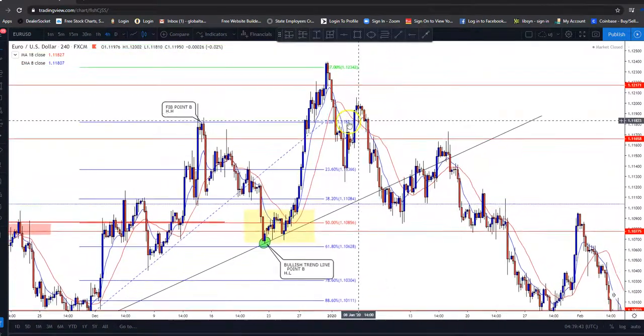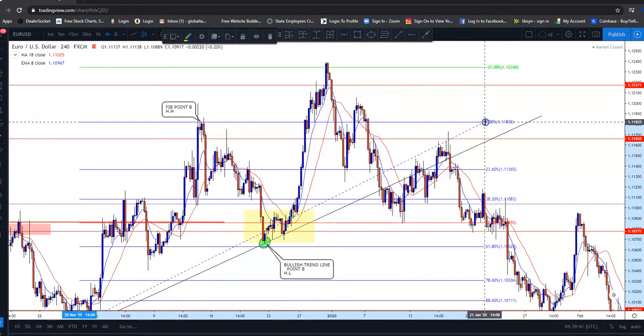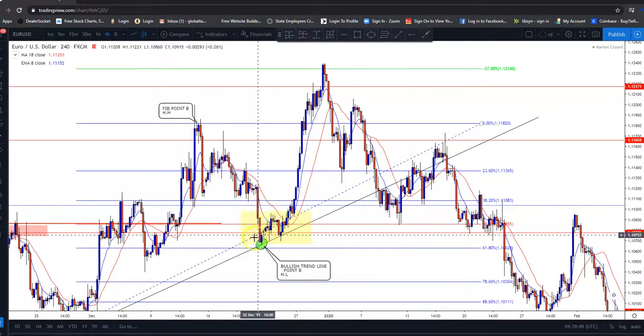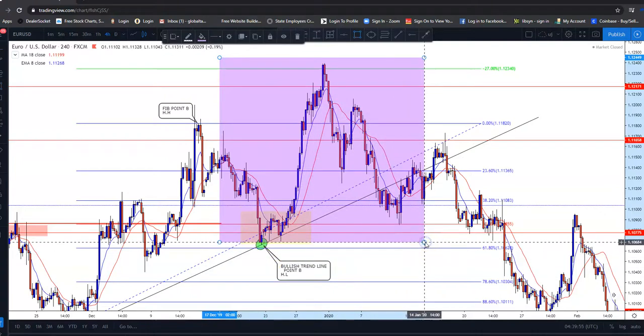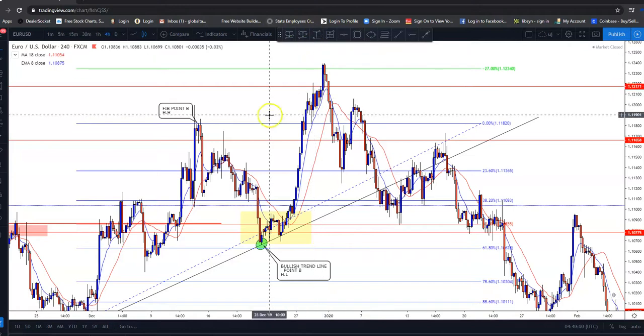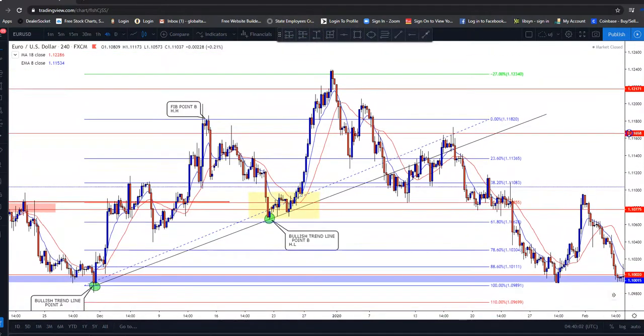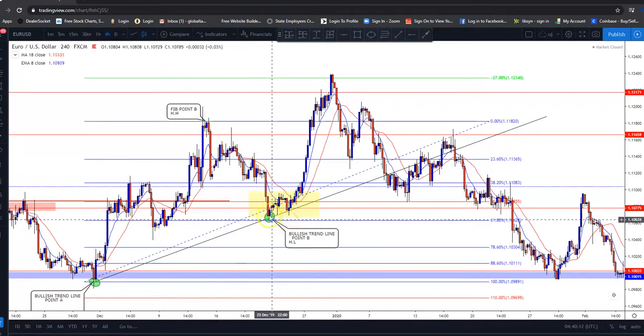And let me drag this a little bit more to the right here, because like I said, what I'm trying to focus on is this right here. How could I have taken this move right here? So as you can see, I'm going to break down where I would have seen my entry. What I'm going to do now is go to a little bit lower of a time frame. Probably the lowest I'll take this one is probably about the 30-minute, maybe the 15-minute, just to find my entry